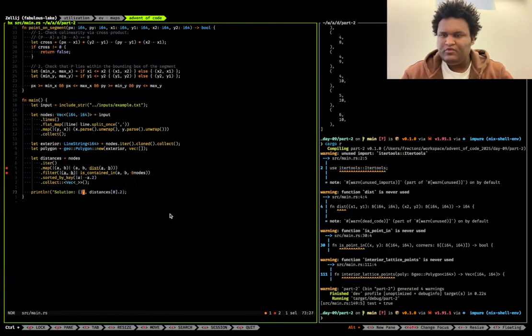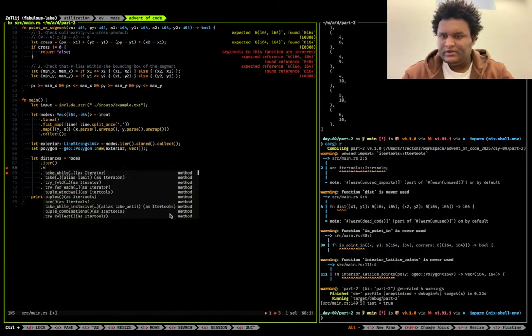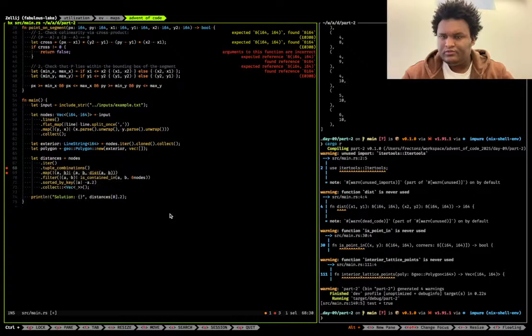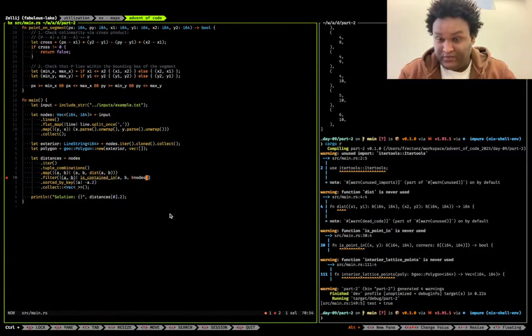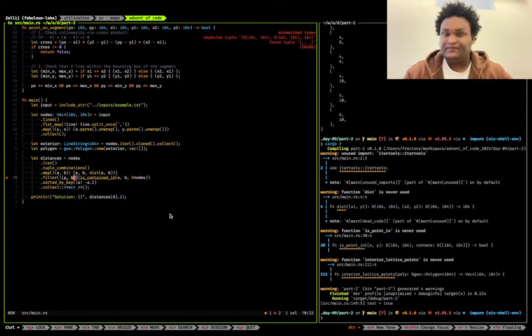Oh, I removed the tuple here. Tuple combinations. So what we need to do is